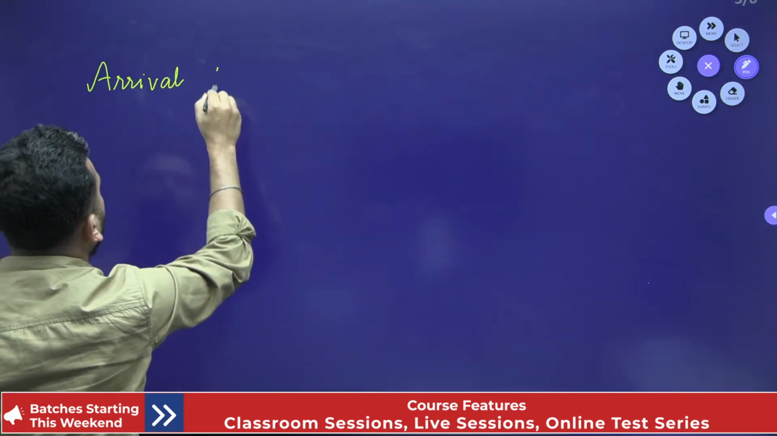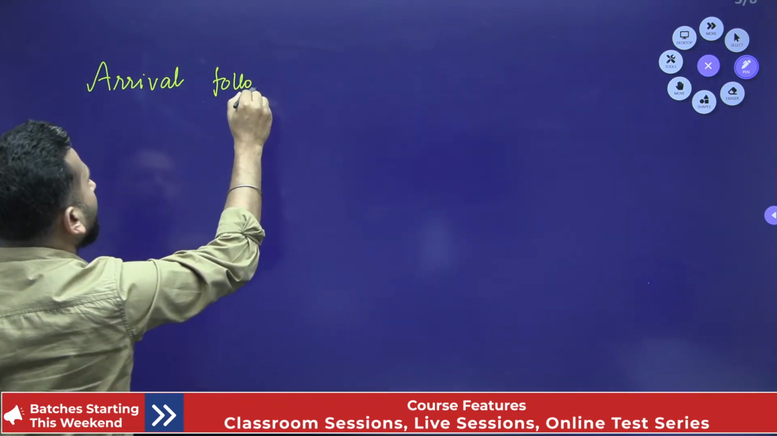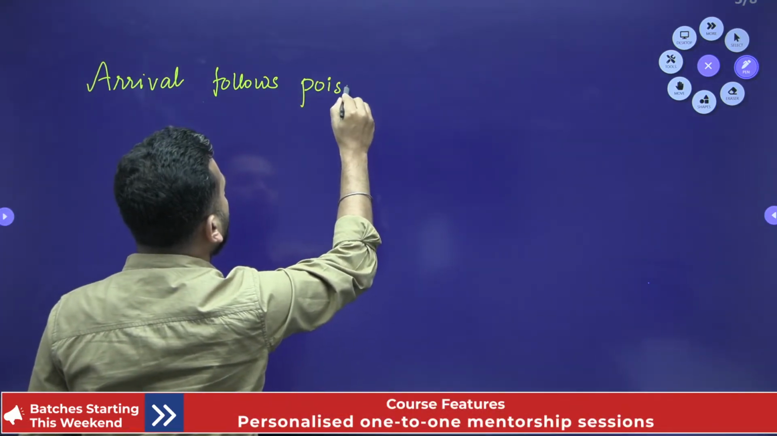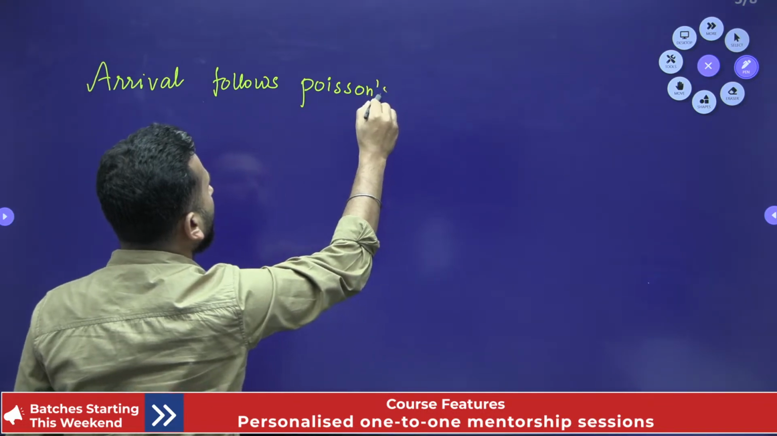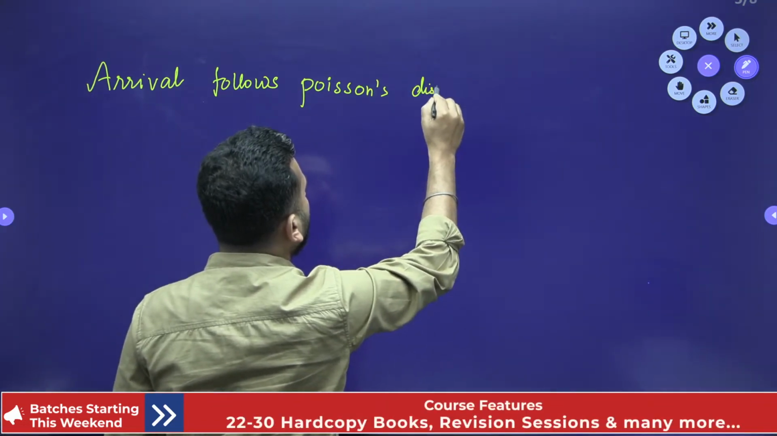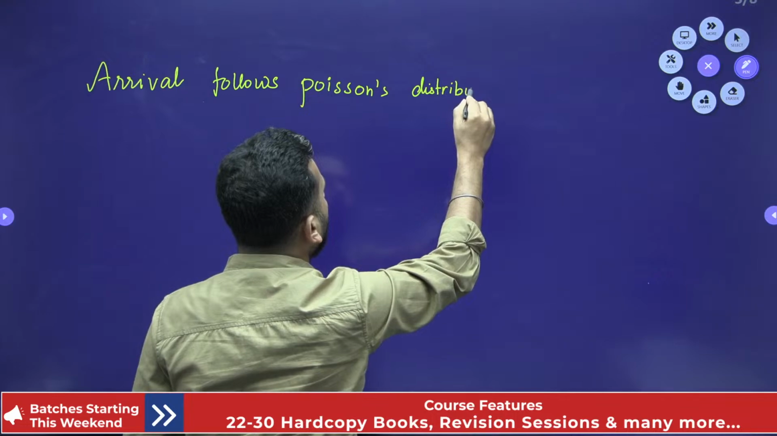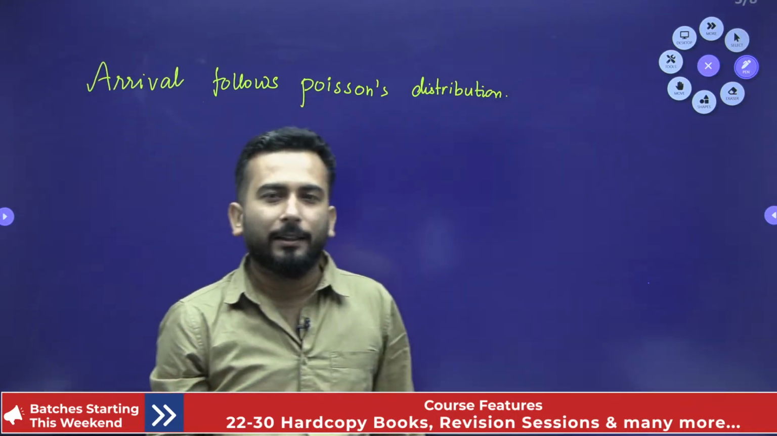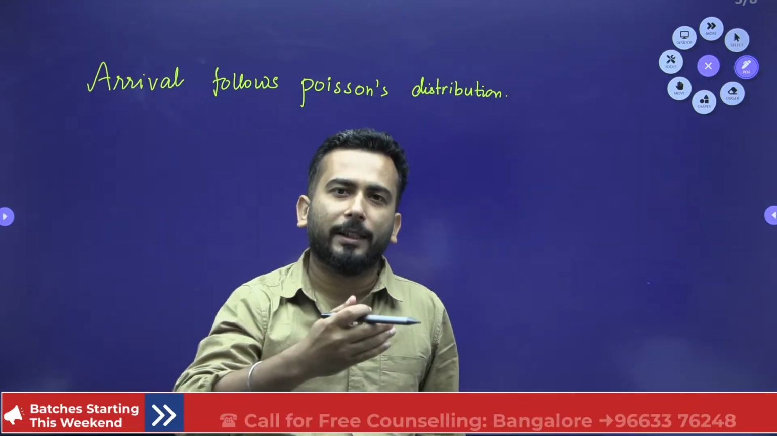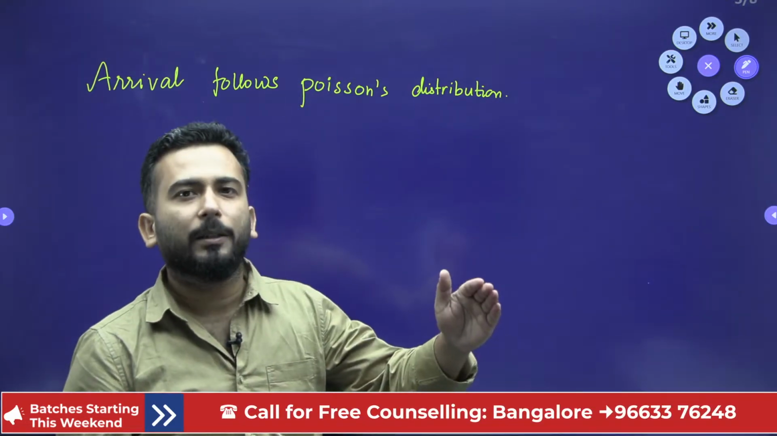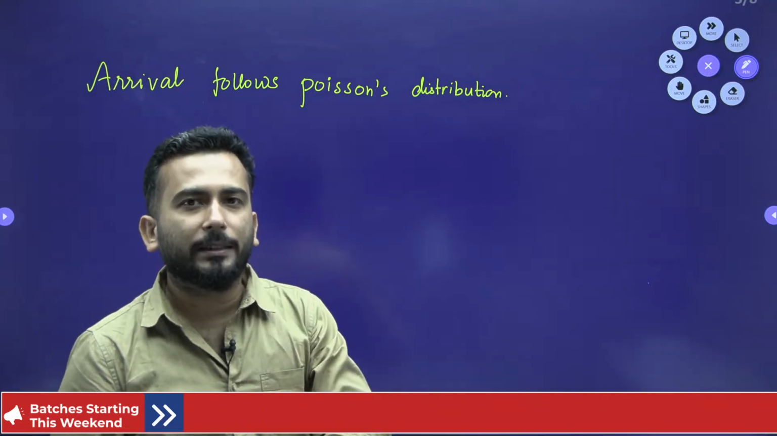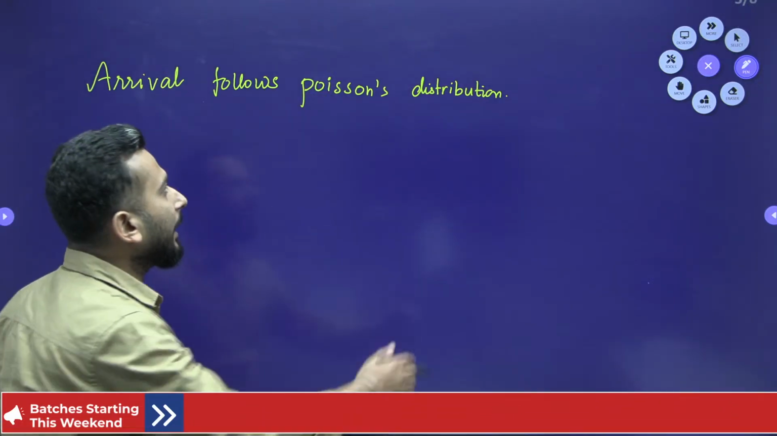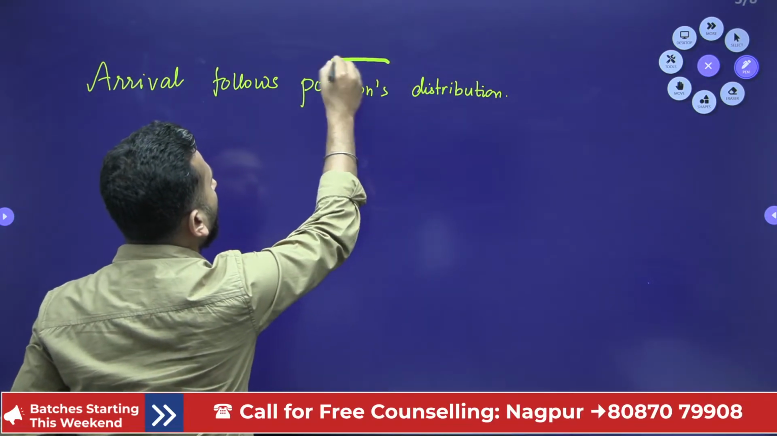Arrival follows Poisson's distribution. For example, you are going in a bank. You are arriving at a bank. So the bank can say that people are arriving at my place. So your arrival is following a particular distribution, and that is, my dear friends, your